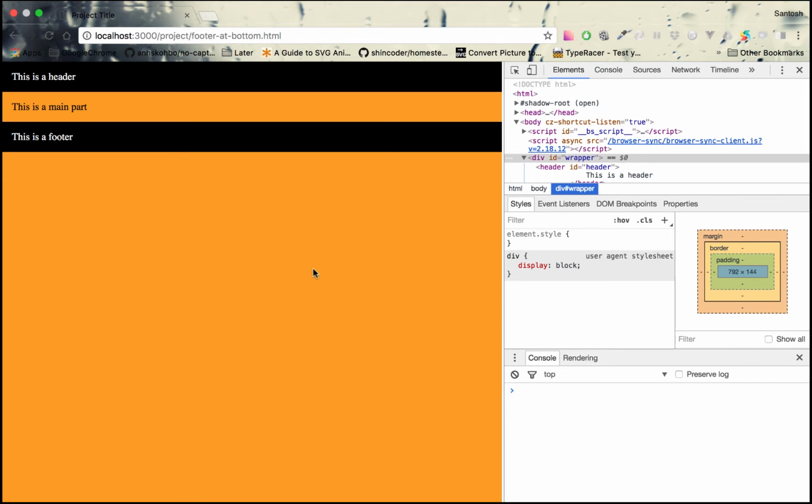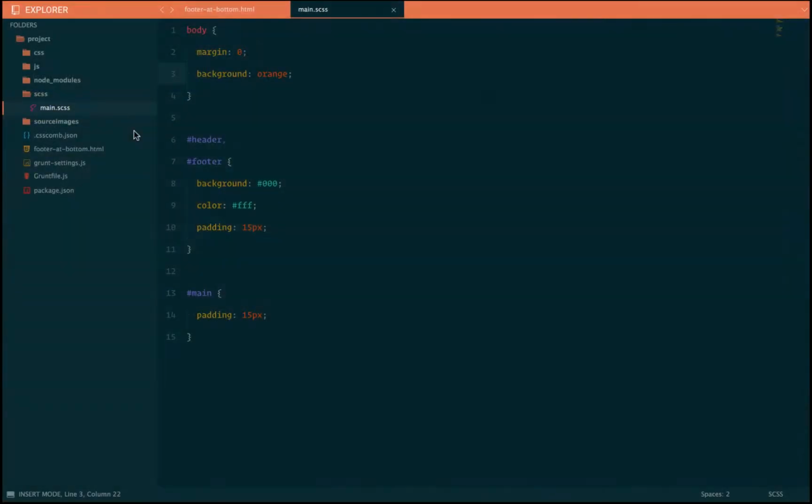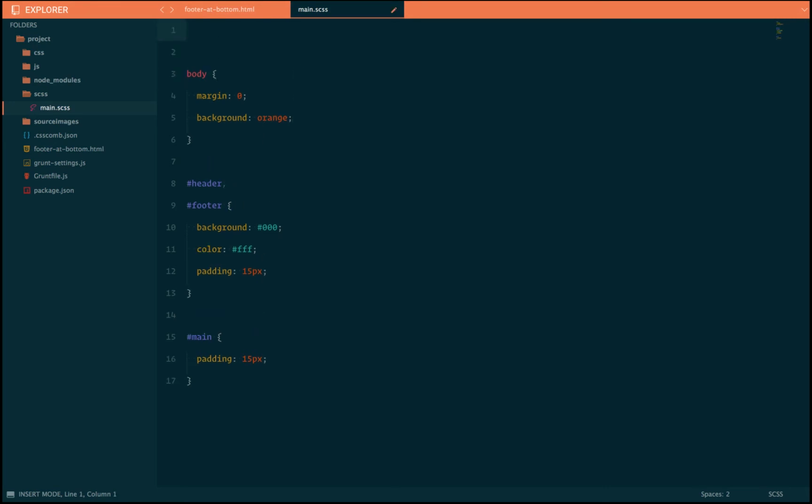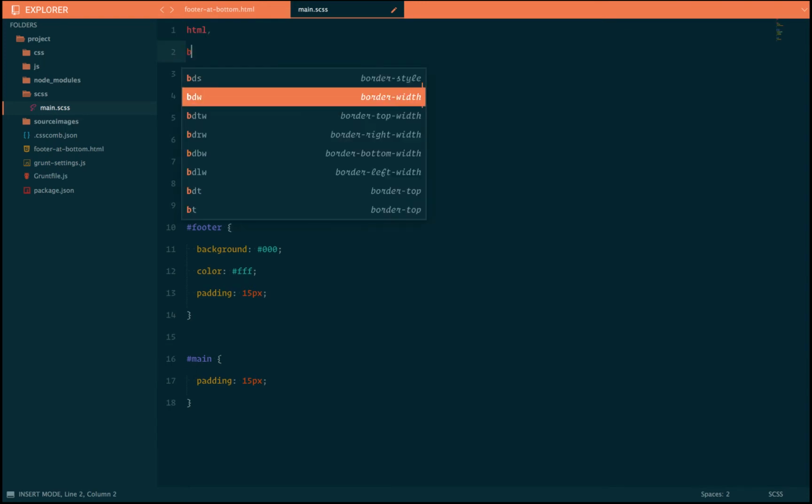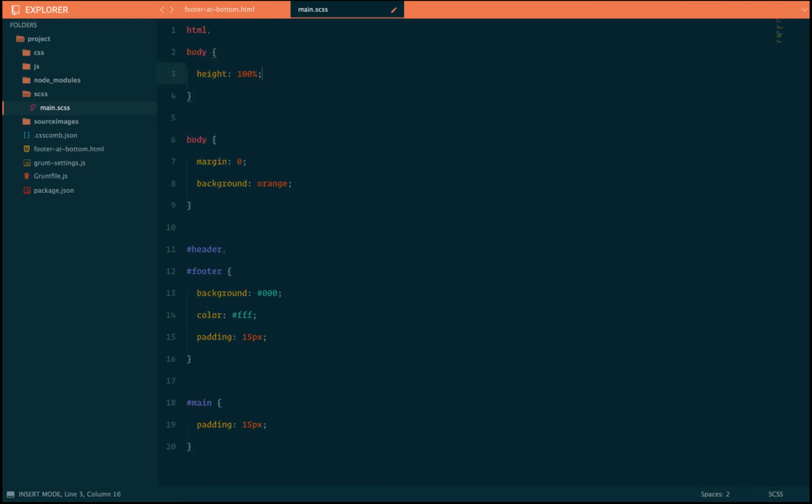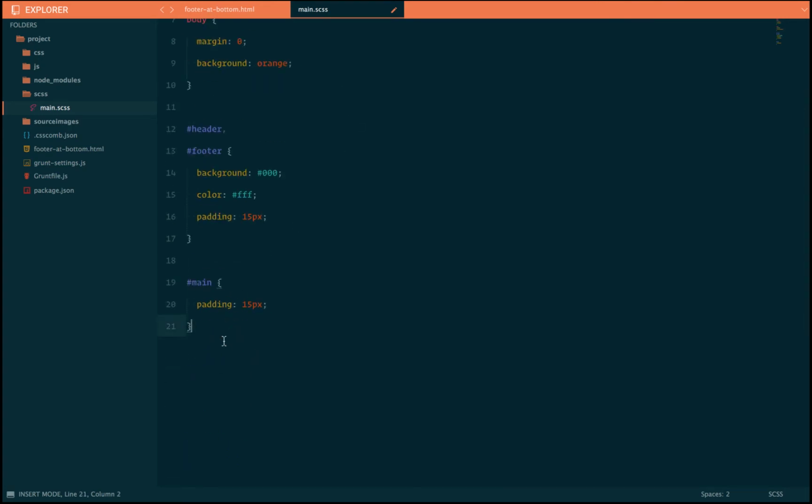When an issue like this happens, we can fix it very easily using CSS tables. So we give HTML and body height 100%, width 100%, and to the wrapper we give height 100%, or we can give min-height 100%. That's a good one. And we give display table with width 100%, and then we give